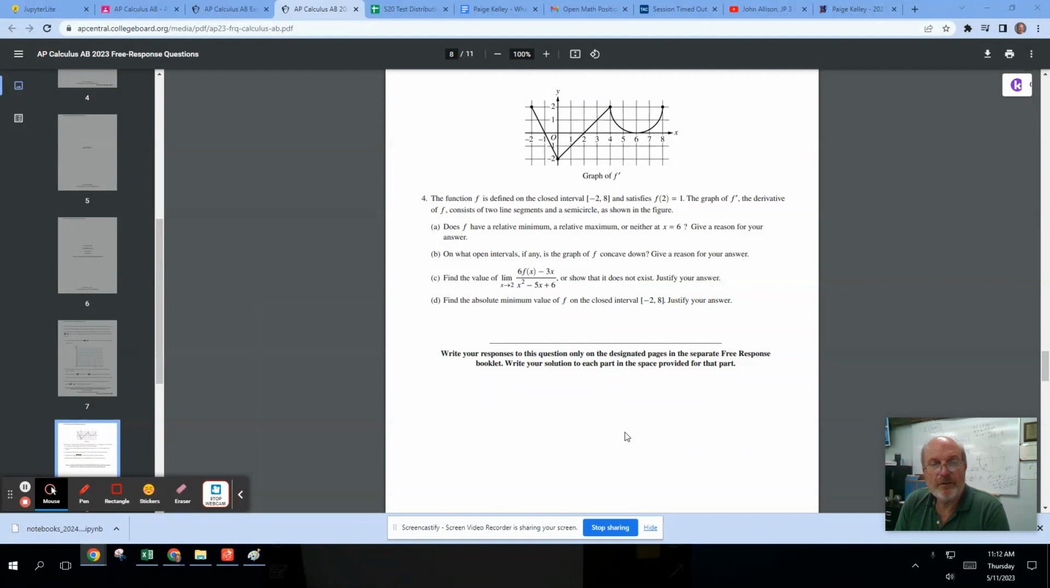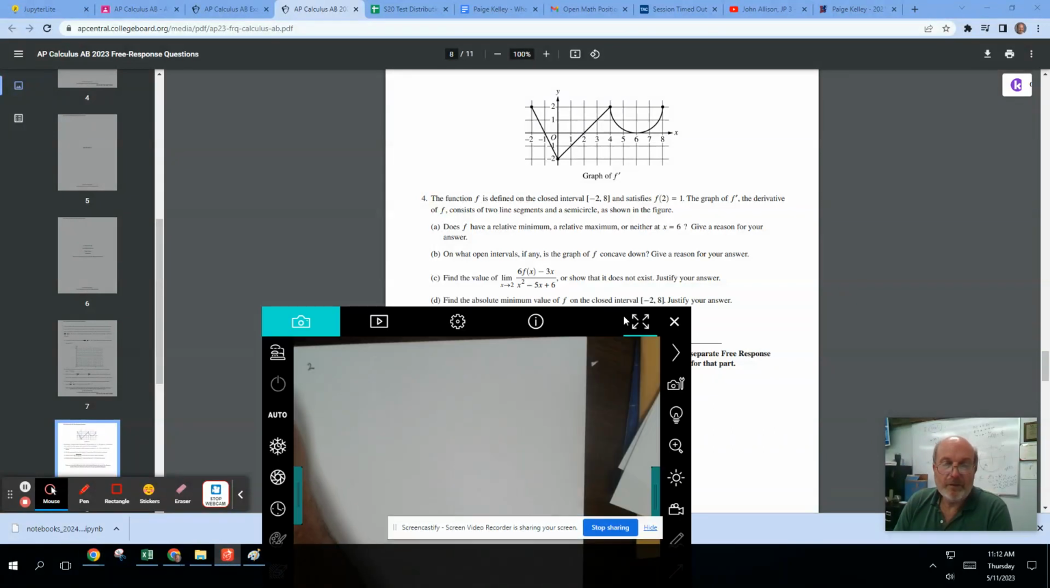Function f is defined on the closed interval and satisfies f of 2 equals 1. Graph of f prime, a derivative of f, consists of two line segments and a semicircle as shown in the figure. Does f have a relative minimum, a relative maximum, or neither at x equals 6? Give a reason for your answer. So we have